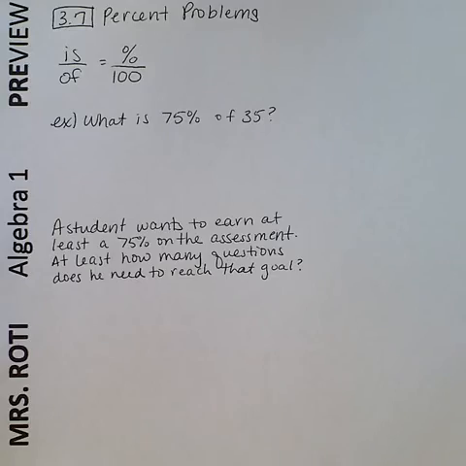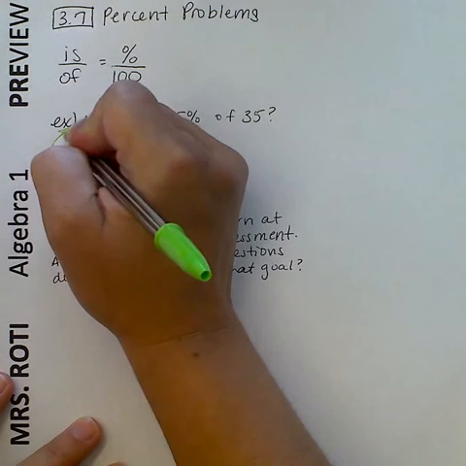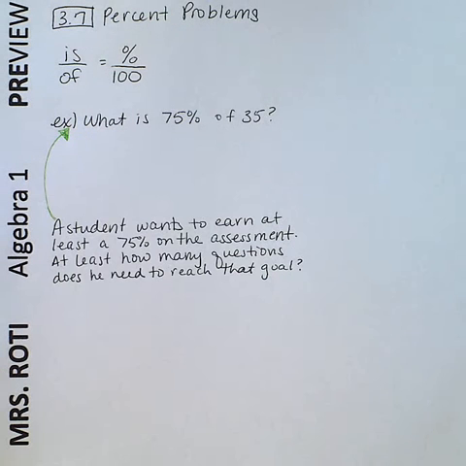Reviewing this trick, you might see an example like, what is 75% of 35? It's important that you could get that out of something like this. A student wants to achieve 75% on the assessment. At least how many questions does he need to reach that goal if there are 35 questions on the test? To use is over of equals percent over 100,